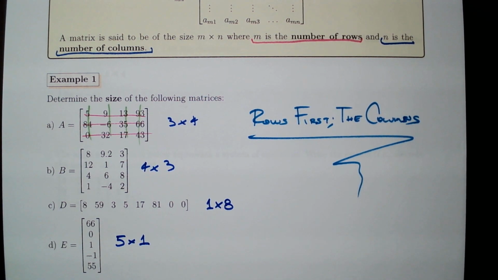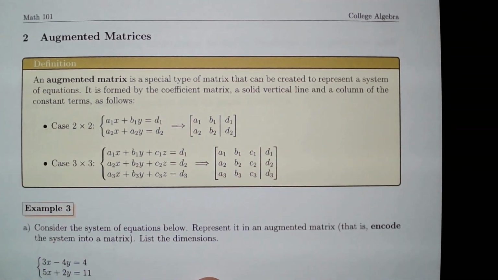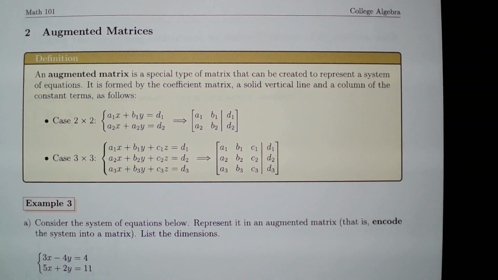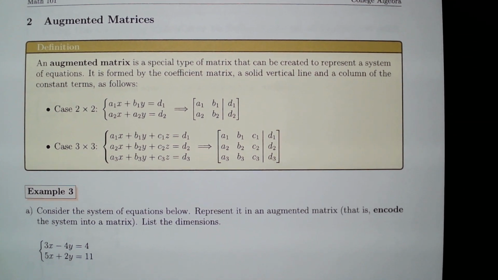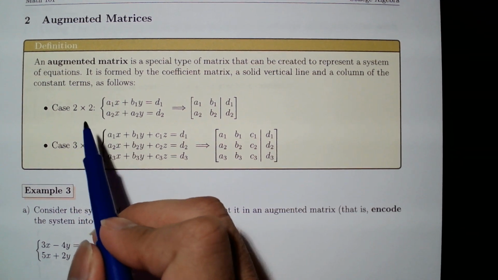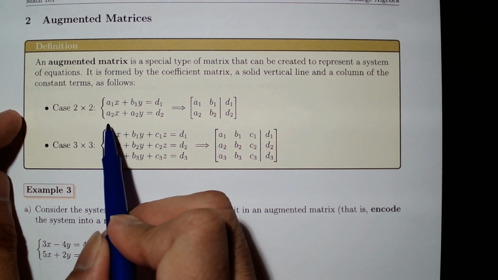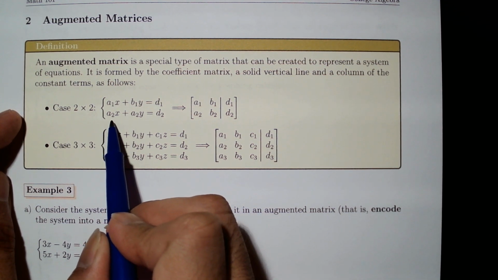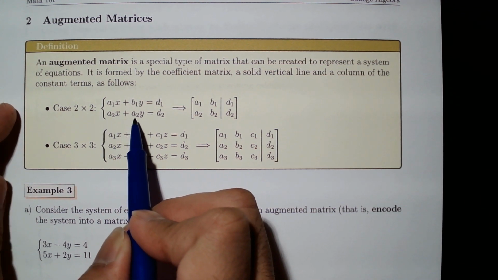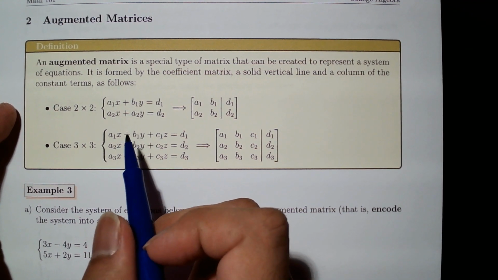Alright, so now we're going to look at another definition. The next definition is augmented matrices. An augmented matrix is a special kind of matrix that is used to represent a system of equations. For example, if we had a 2 by 2 system of equations, a1x plus b1y equals d1, and the equation a2x plus b2y equals d2, well, we can represent